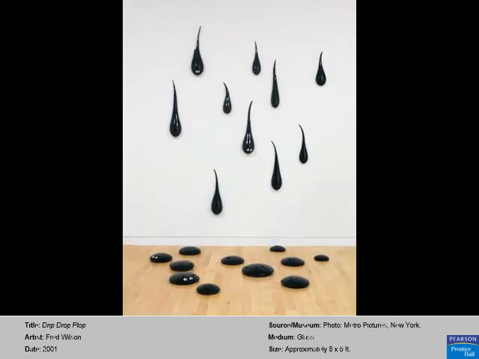Fred Wilson is a contemporary artist who doesn't always work with glass. Sometimes an artist will be invited to work at an atelier or a studio which has master glass artists there. So Fred Wilson made this piece called Drip, Drop, Plop, and it's made of glass, and it's both on the wall and the floor. You see this black glass, and we see teardrop shapes coming down the wall, or raindrops, and then on the bottom, what looks to be those same drops after they've hit the floor and become circular blops or plops. So it's a drip, drop, plop. The drips being on the wall and the plops, I think, being on the floor.